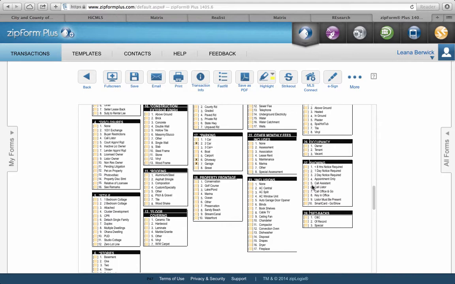One of the big reasons why I don't put anything here is most of the time when I'm dealing with owner occupants, most owners are agreeable to just going and doing their thing while you do the showing. So if it's vacant, I like to put it. If it's owner occupied, I like to either leave it off. But if it's tenant occupied, I tend to always check tenant, because I am always dealing with notice issues with